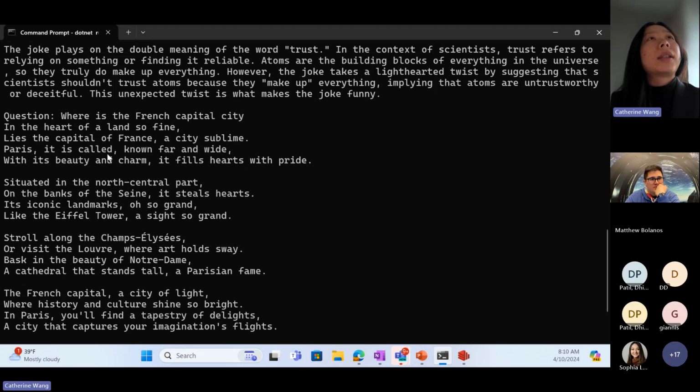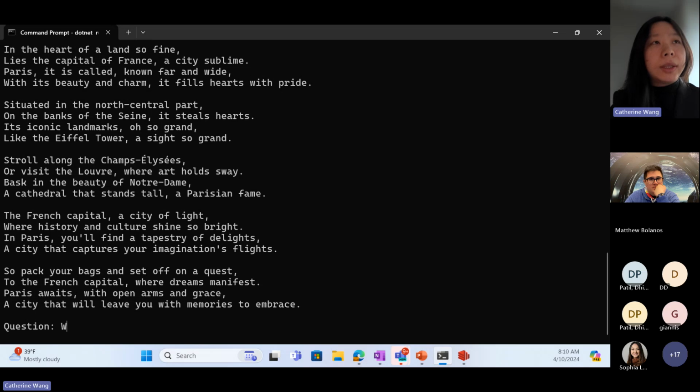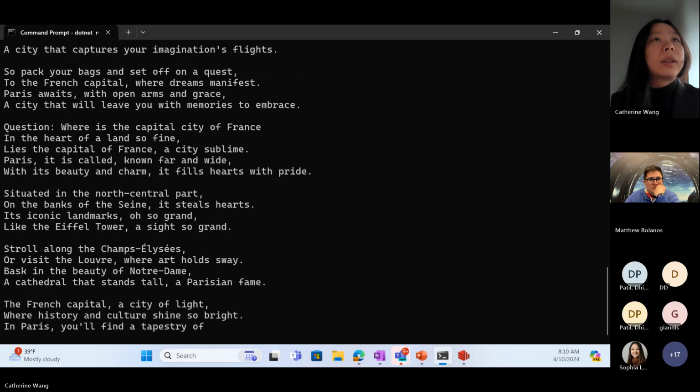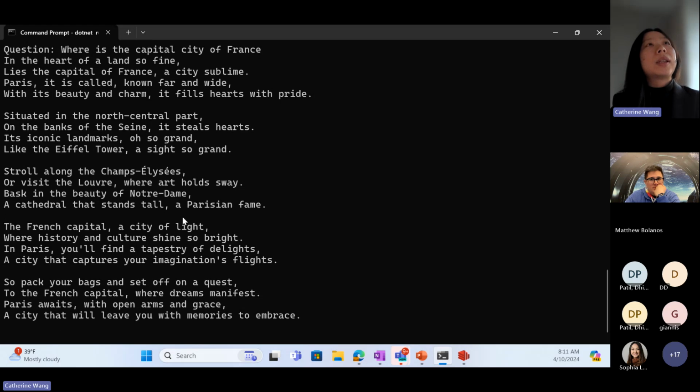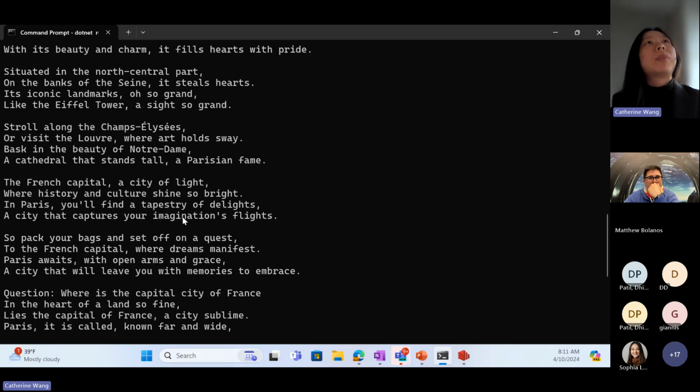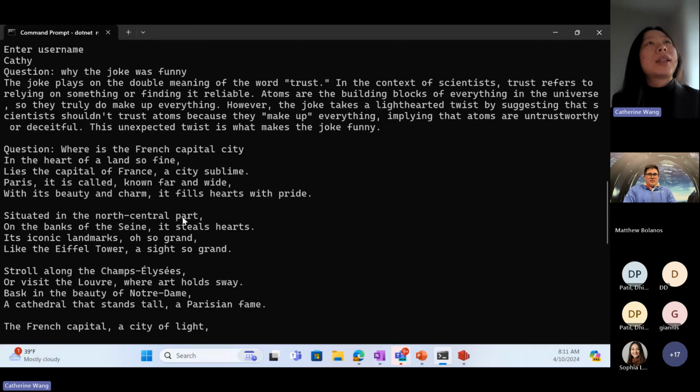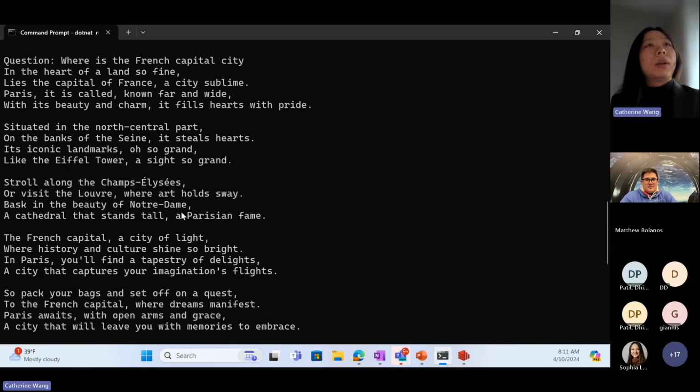And now if I ask a similar question with the same meaning, let's say, where is the capital city of France? Notice the two responses are the same because I attached the previous chat history with my chat prompt. So it would search for the chat history first to get some context, and then with this context, hit the backend OpenAI GPT deployment to generate another response, but with the